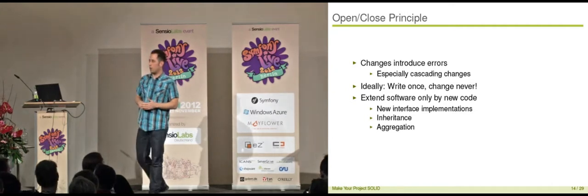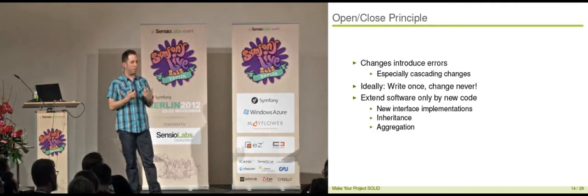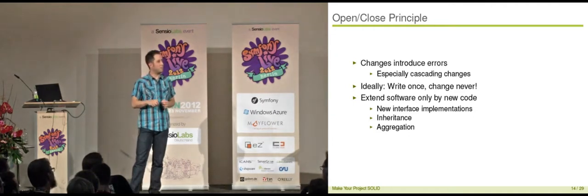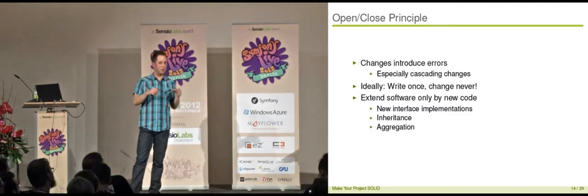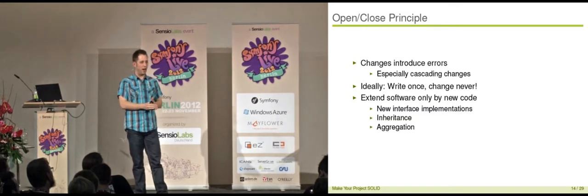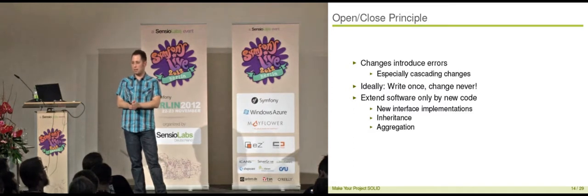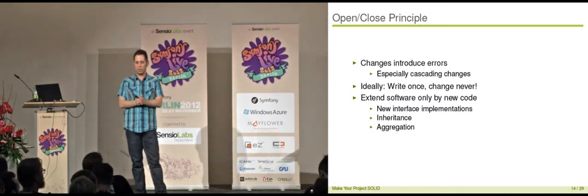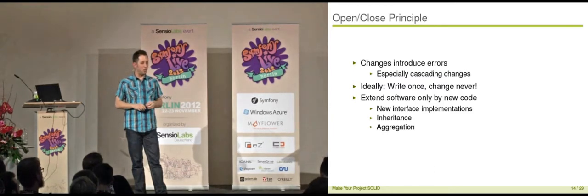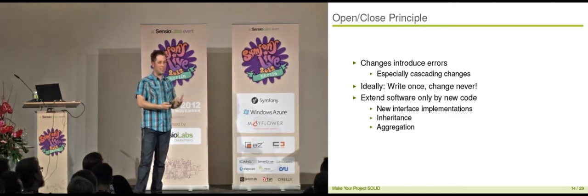So the idea behind the open-closed principle is that changes always introduce errors, or have a high probability to introduce errors. That is especially true if you have cascading changes, like if you touch the essential classes of your project and introduce an error there, then there's a high probability that your complete application dies. And that is the worst thing which can happen to us as application developers, that our application is just dysfunctional. Not parts of the application don't work anymore, but the full application. And that can happen if you touch existing, tested, or proven to be correct code.